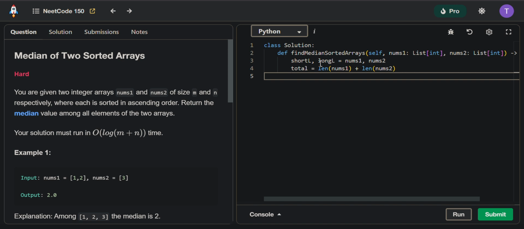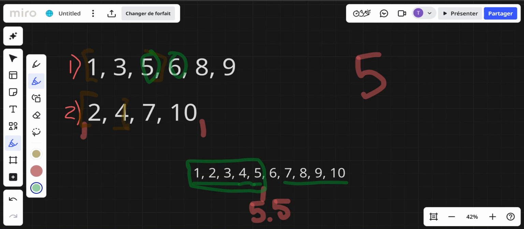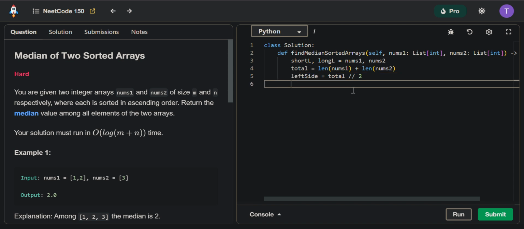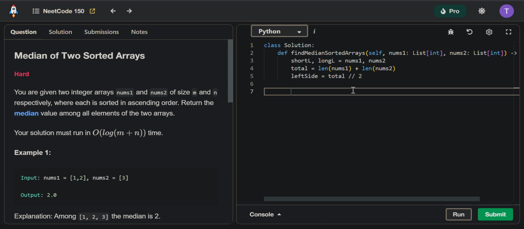This is how we are gonna find the number of elements here at the top, or the left elements, and the amount of elements that we are gonna have to include in our left list. All right. So let's call this left side. And the left side is going to be equal to total, and I'm going to use the integer division to round it towards 0. Okay, so now we have our initial setup